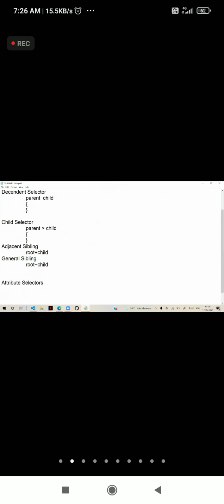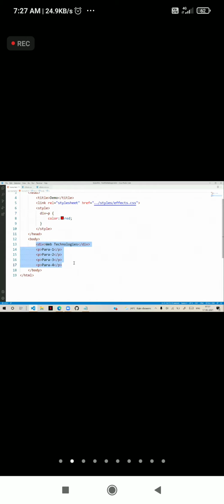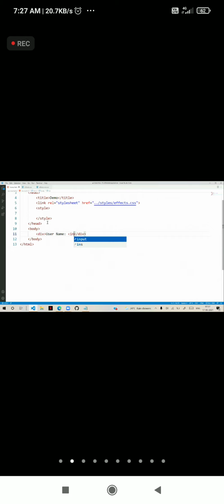Generally, attribute selectors are used to apply effects based on the attribute of a tag, because many times one problem will come here, I will show you. Suppose we are designing some form. So we have username, and here we have a text box. Input type is equal to text, and password.